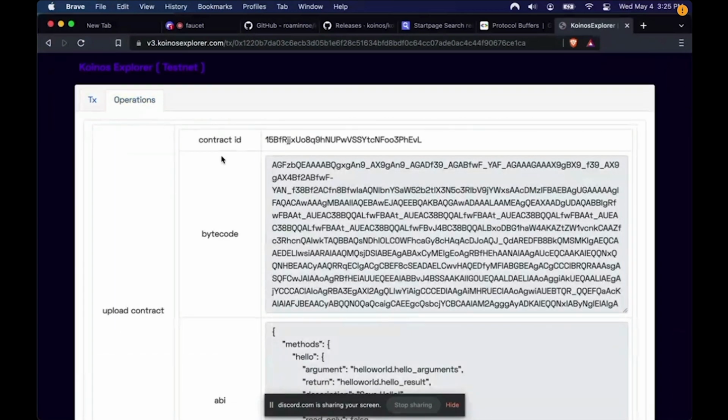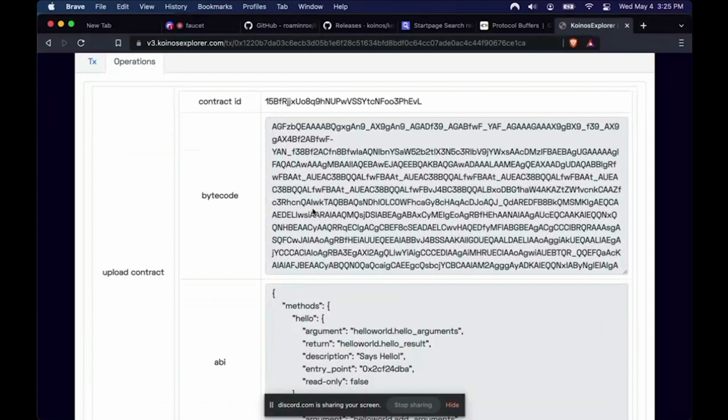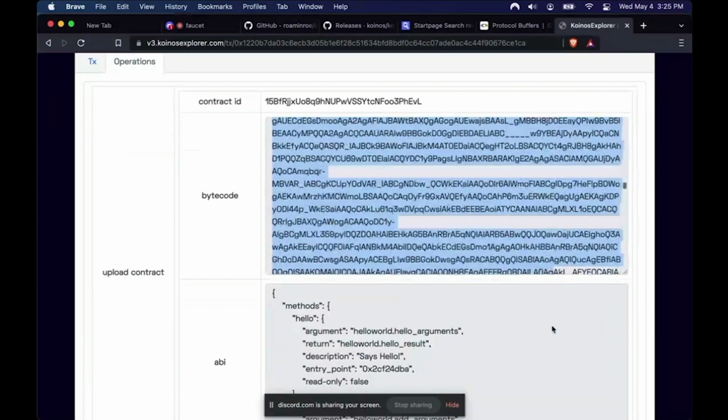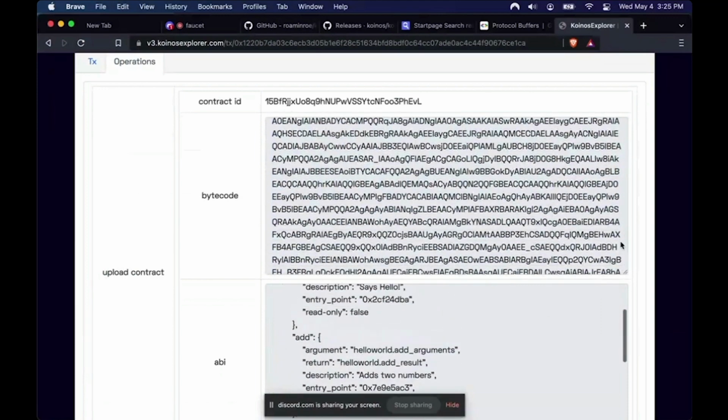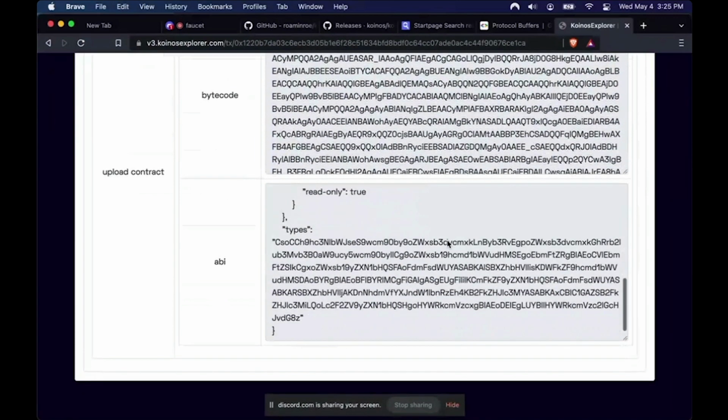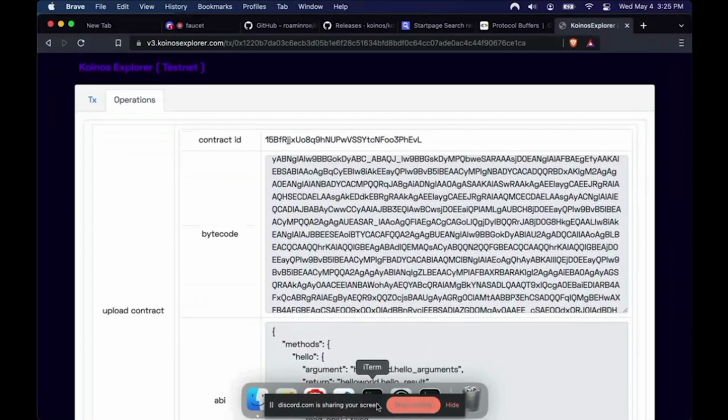So actually, if I click here on operation, I can see how we uploaded the contract. This is the bytecode of the WASM file. And then here you have the ABI file that was uploaded as well. So now what I can do is